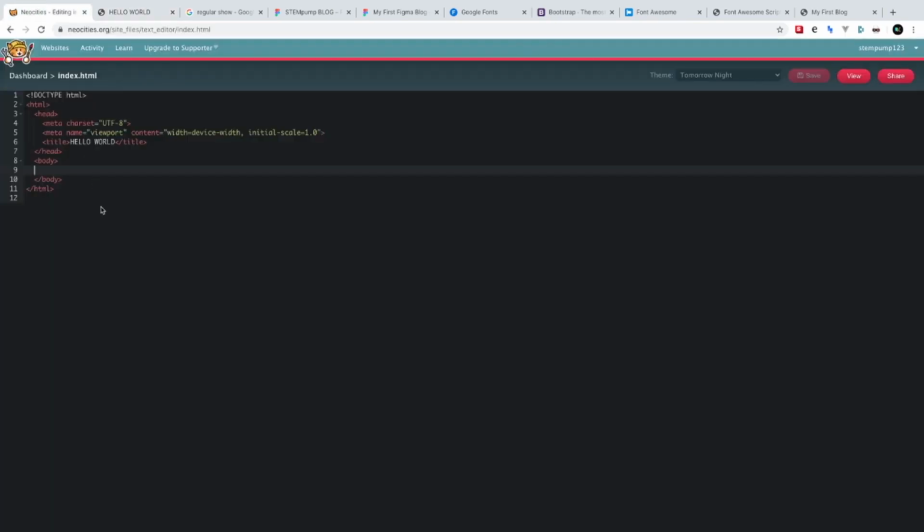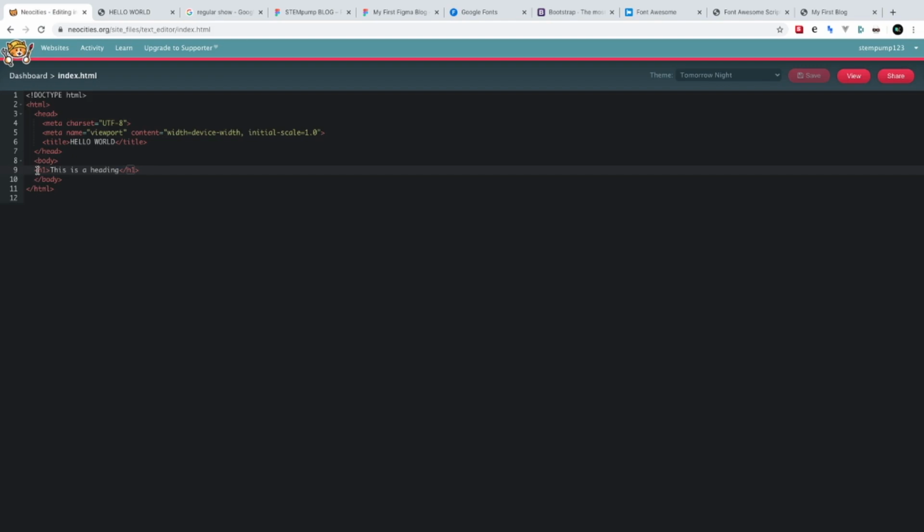To do that, we're going to type in this, H1. We're going to write, this is a heading. And then do a backslash and write H1. So notice how we have H1 here and H1 here. The only difference between the two is that this backslash basically says, okay, we're stopping this. So if we hit save, and then we hit reload, you can see that it says this is a heading. So we have our H1,